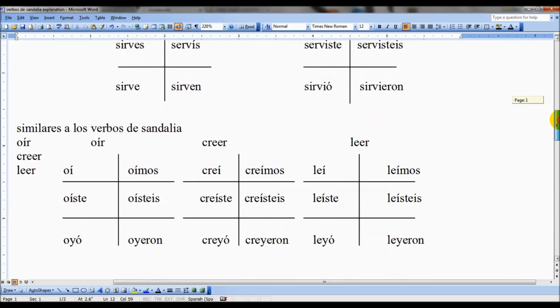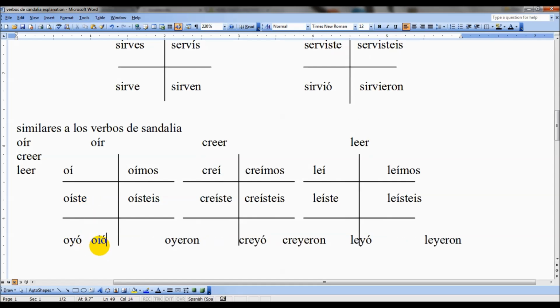I do want to make a note of some verbs that are kind of like sandal verbs, but they don't fall under that same rule or category necessarily. They're just kind of irregular, but they have a change in just the bottom two like a sandal verb does. So these verbs are oír, creer, and leer. So what happens is in the preterite, this verb oír, if it were regular, it would look like this: oió. But that doesn't work well for the Spanish-speaking world. So what happens is that I changes to a Y.